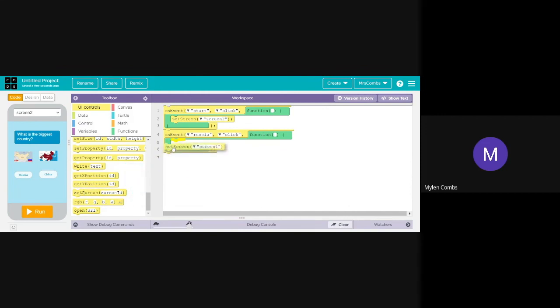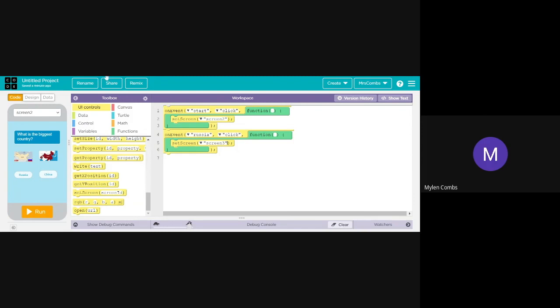This is no fun if you're not trying. I'm telling you, it's gonna be boring if you're not trying it. If the choice is correct, then I want to display screen 3. If the answer is wrong, then I want to display screen 4, which is sorry, better luck next time,